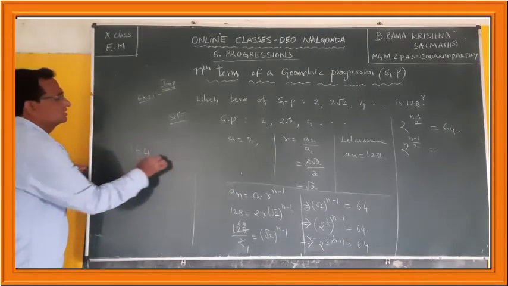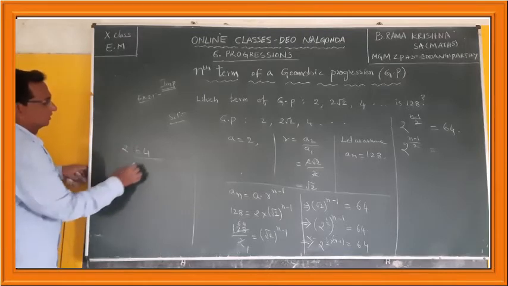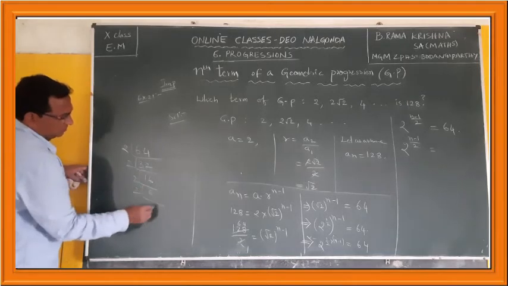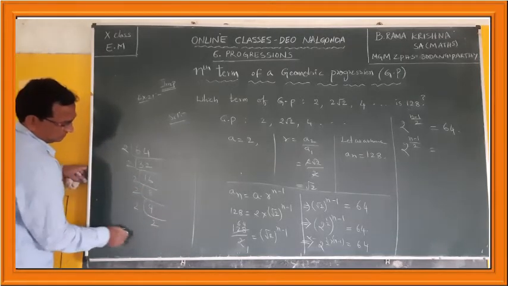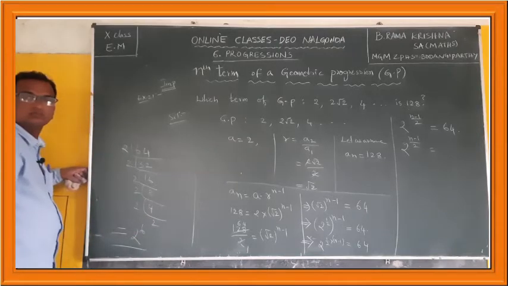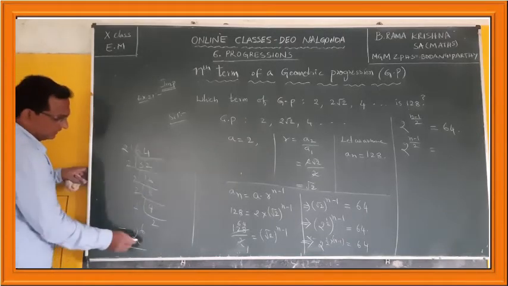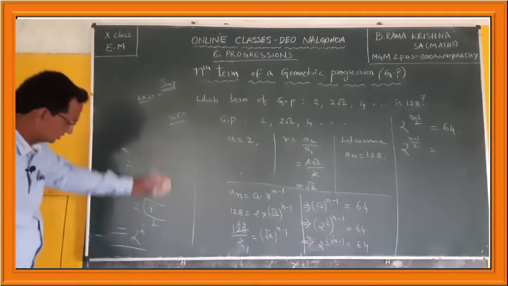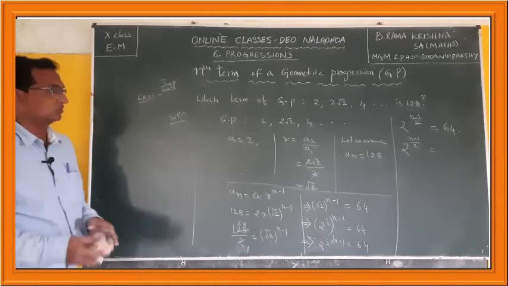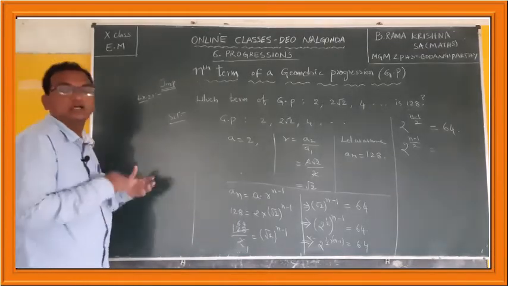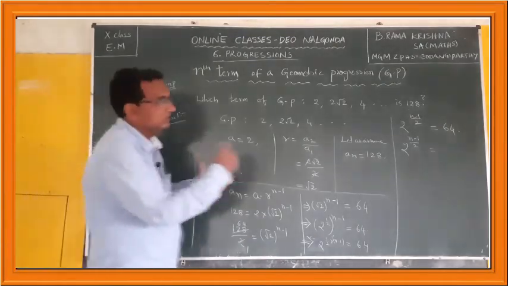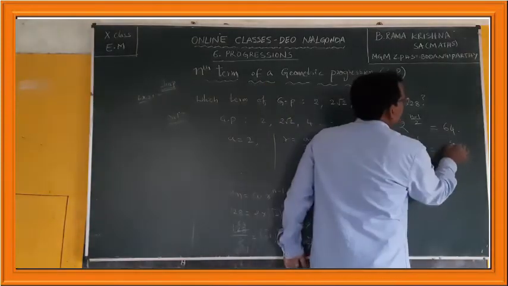For that, what you have to do is prime factorization. 2 into 32, 2 into 16, 2 into 8, 2 into 4, 2 into 2. How many are there? 1, 2, 3, 4, 5, 6. So it is 2 to the power of 6. So 64 can be written as 2 to the power of 6. You have to form this idea. When you are well versed with the laws of exponents and prime factorization, and when you practice, only then will you get such an idea. So this becomes 2 power 6.